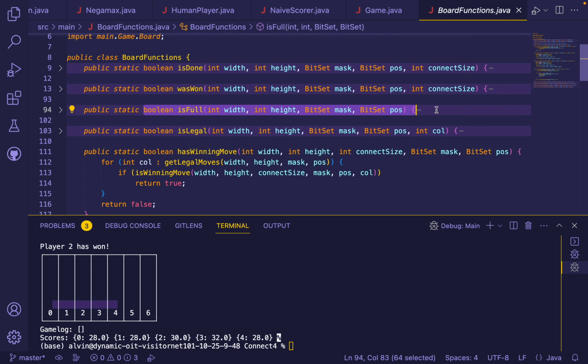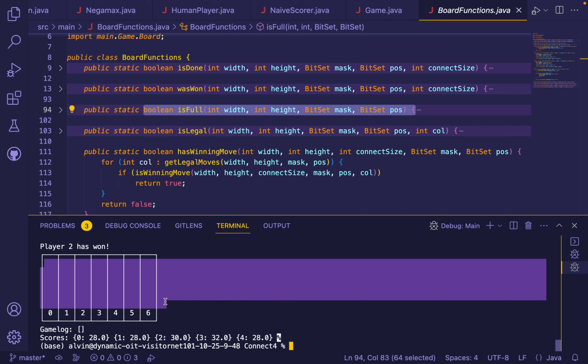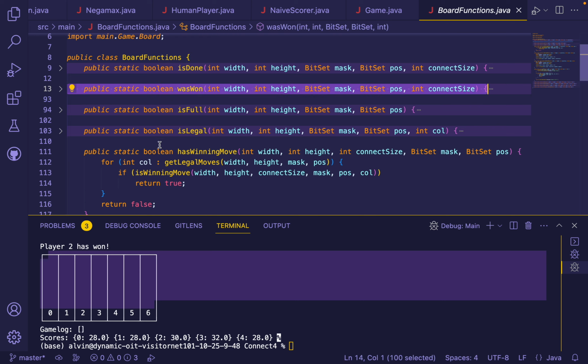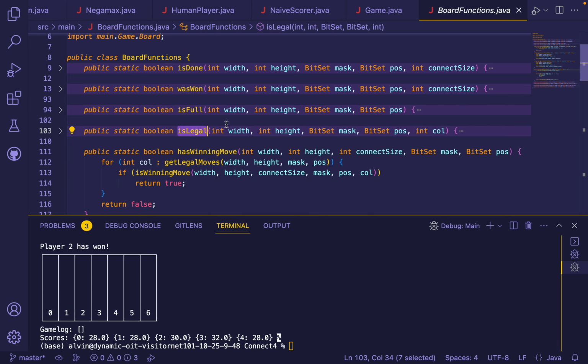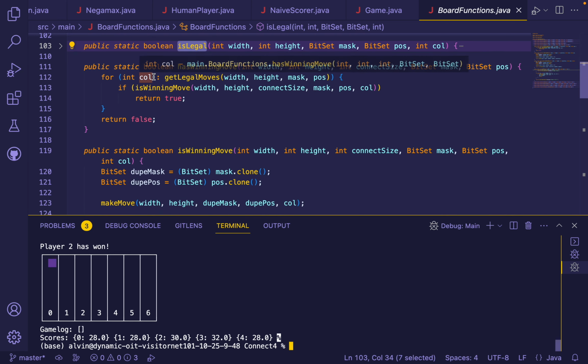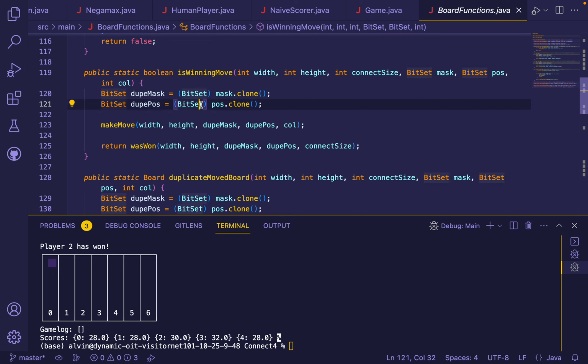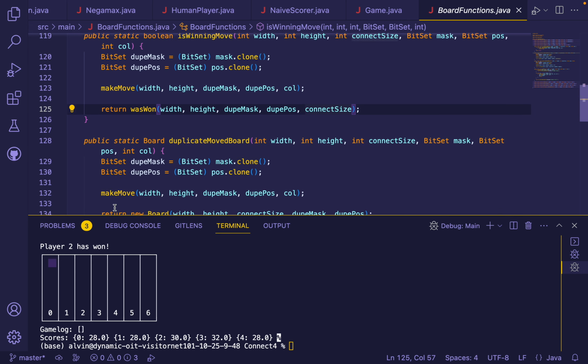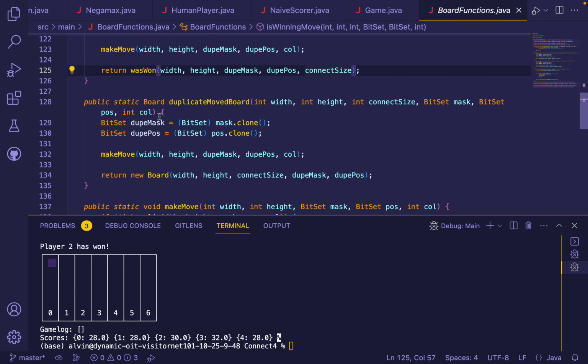And is full just checks to see if there's a tie, but obviously it could be full. But if there's also a win, then it's going to be a win rather than a tie. And is legal just checks the top of the column. As for winning move, it looks at every legal move and checks if it's a winning move. And to see if it's a winning move, it creates a duplicate, then makes the move and checks if it wins. And then to duplicate the moved board,